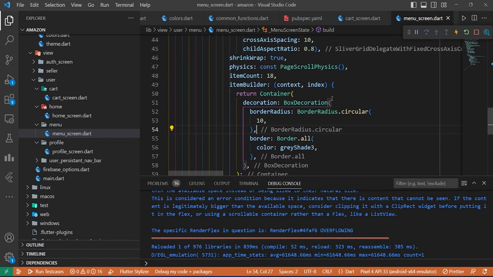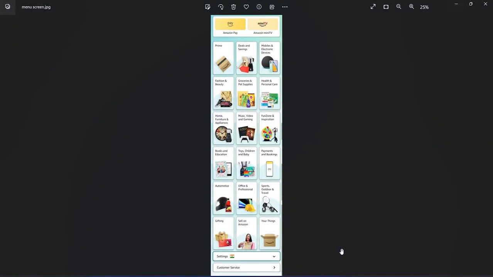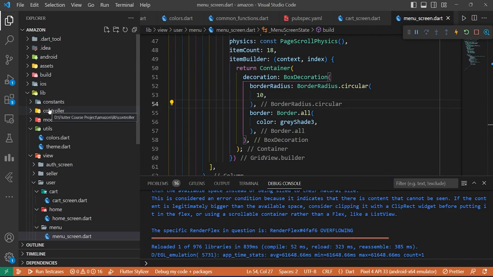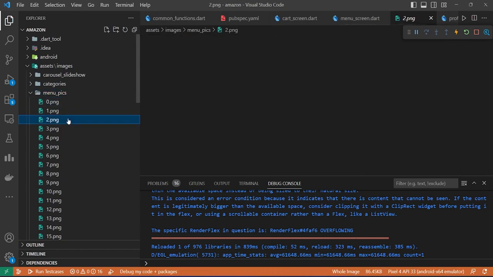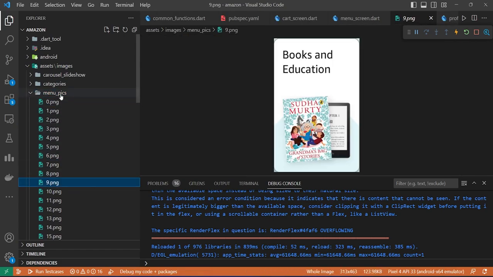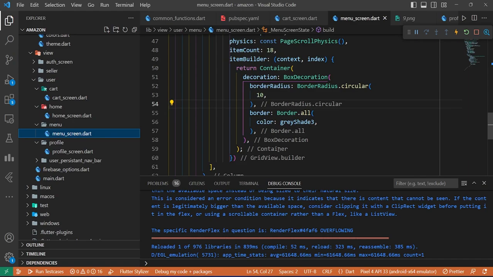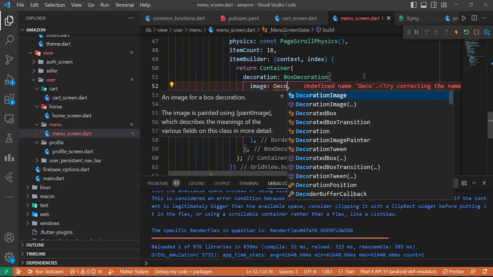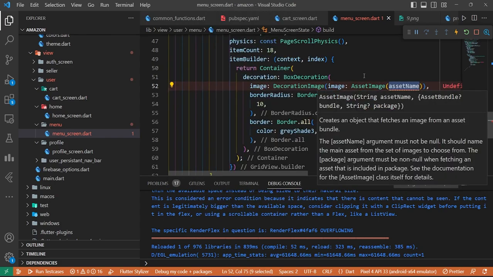So the next thing we need to add here is the pictures. I've already Photoshopped those pictures, so you don't need to panic. Yeah, you see all the pictures are there. So we'll go to menu screen, and inside decoration we're gonna add image, DecorationImage, AssetImage, and